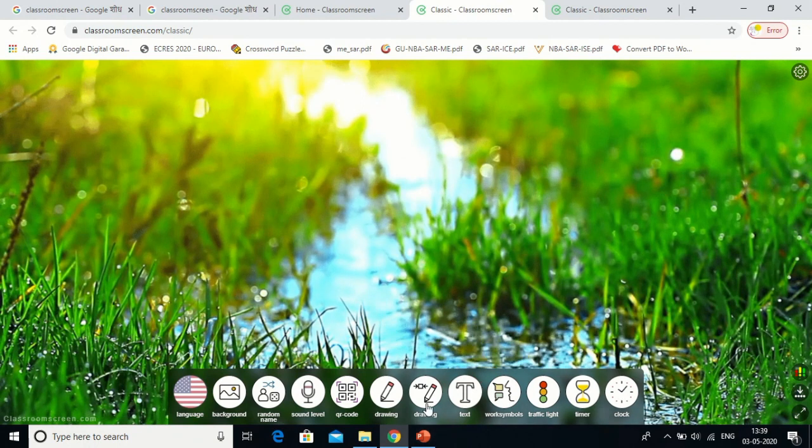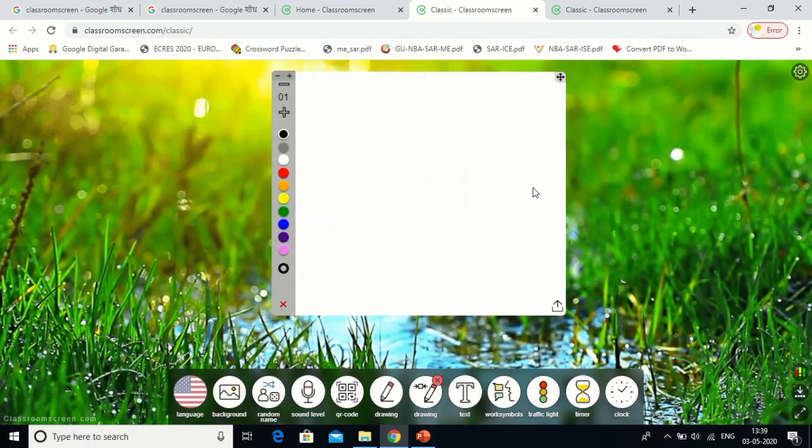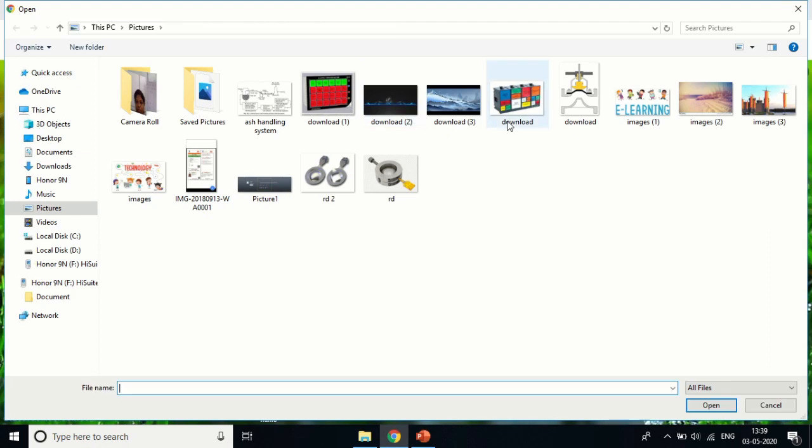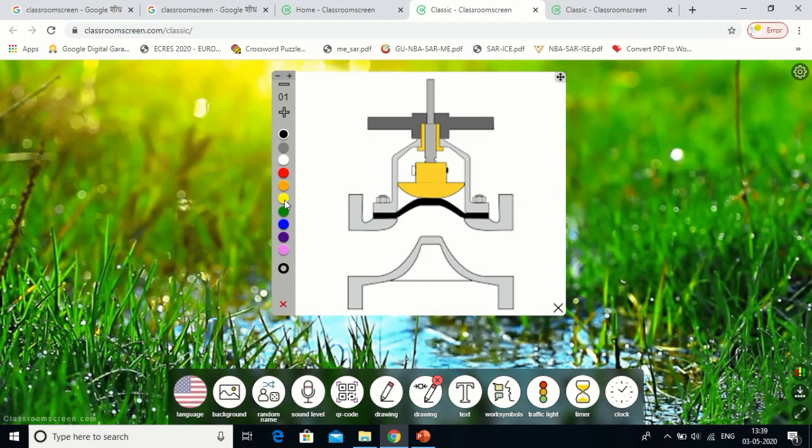Now this is a drawing option available. You can draw the figure over here, or you can draw the explanation if you want to. You can select the file from your desktop also. See, the way I'm selecting, I'm clicking it, I'm selecting this, for example, a control wall, I'm putting it, so it is easy for me to show them, to inform them about, suppose this is the seat of the control wall, this is a diaphragm which is available for that. See, I can easily tell them. A wonderful background and a control wall, wonderful combination.